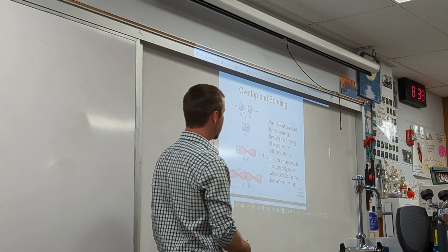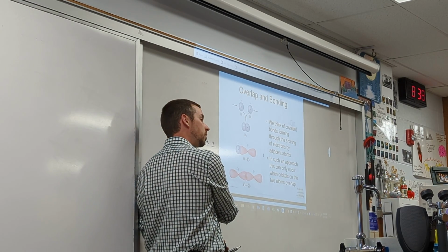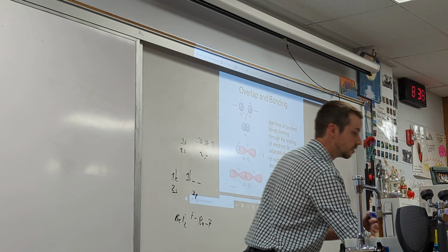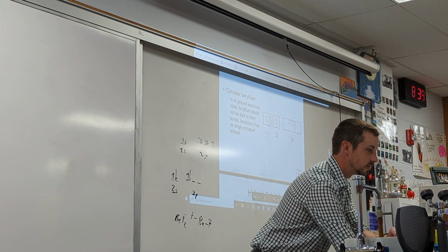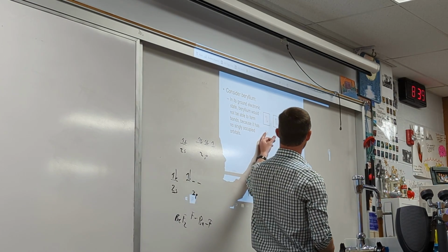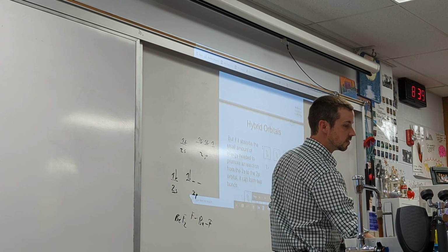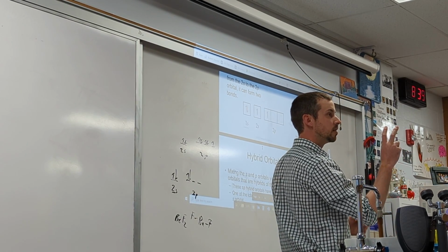Okay, if that's the case, that leads to the question of what is that really? What notation, what words do we really use when we move an electron to a higher energy state? It's called hybridization. So consider this, there it is, there's our 2s electron, forget the 1s, it's not doing anything, we're just doing the 2s. If we move one of those 2s electrons into the 2p sublevel, we now call it a hybridized orbital.